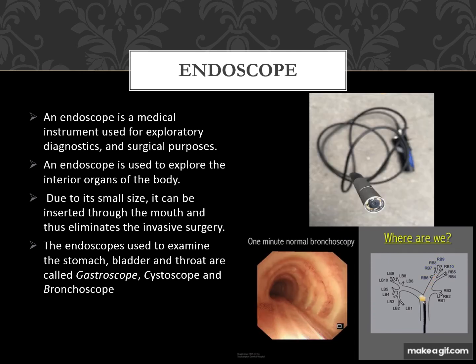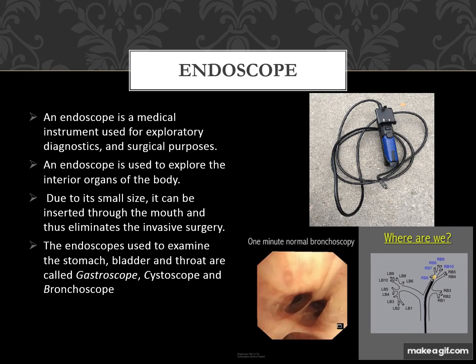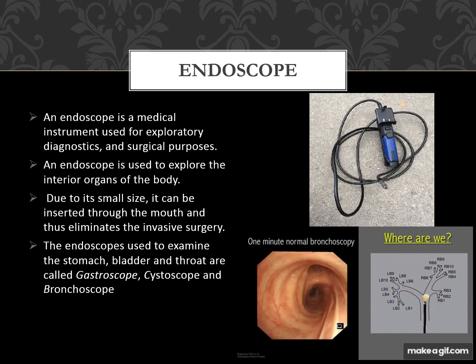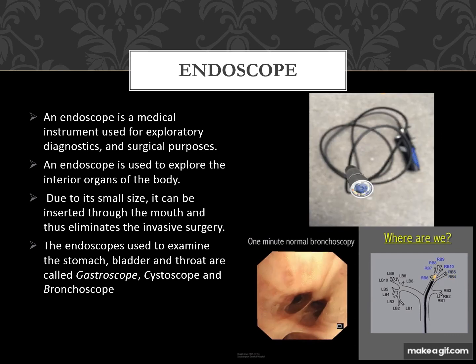The endoscopes used to examine the stomach, bladder, and throat are called gastroscope for the stomach, cystoscope for the bladder, and bronchoscope for the throat. In this animation, you will see a bronchoscopy in which the doctor inserts an endoscope inside the patient's mouth and sees the different openings of the throat, and you will see the side image in which he sees the different positions of your